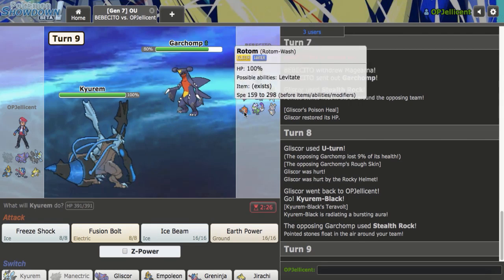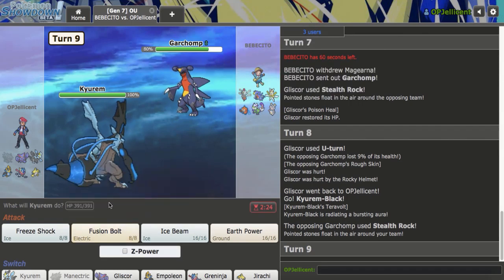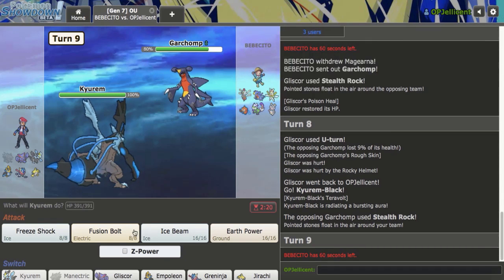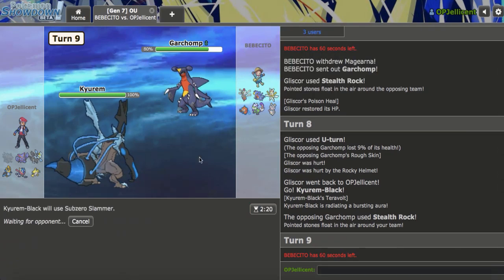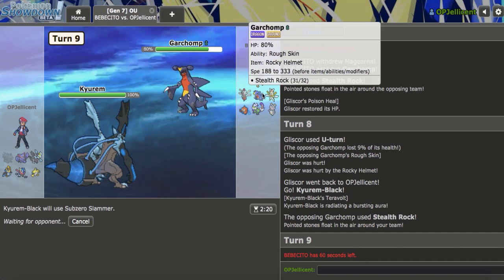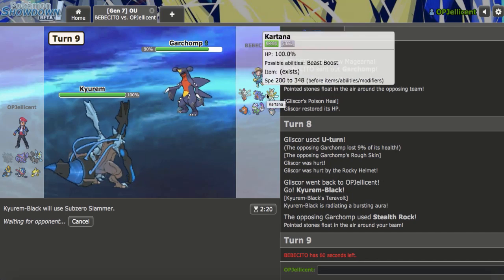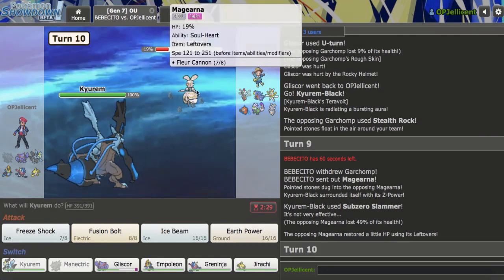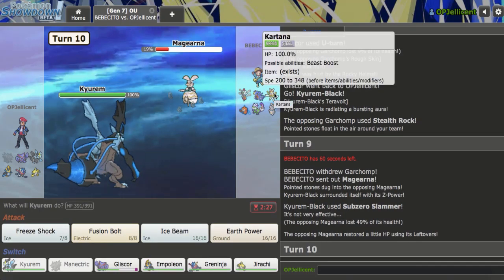And here what I can do is just literally just drop my ICM, right? Because if my Gliscor outsped, that means this should, yeah, 317 versus 286. So I just drop my ICM here. I hope they give me the Magearna, so that way they just lose to Dark Pulse. That would be best case, but something tells me they're not going to do that. Oh, they do, okay. But I could still lose to Scarf Cart, which is really sad, because I have to